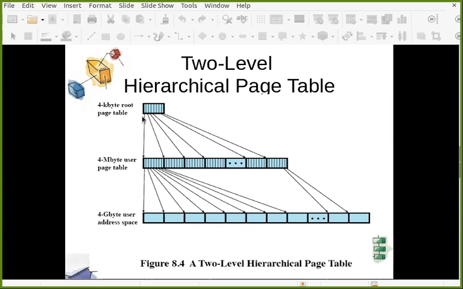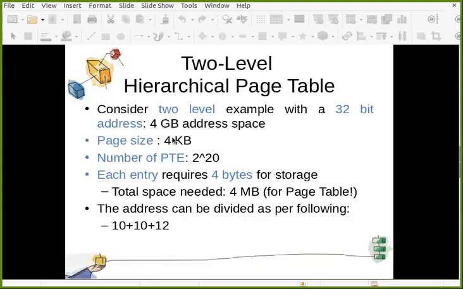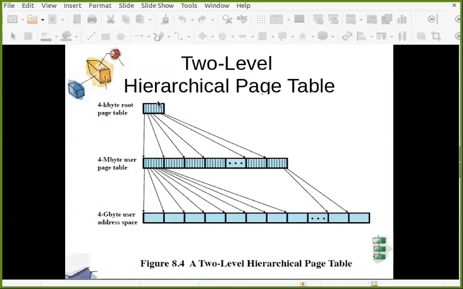And every entry requires 4 bytes. So your page size is 4 kilobyte. So this is one page of 4 kilobyte, and each entry requires 4 bytes. So how many entries can be stored here? 4 kilobyte is the size of the page, and every entry requires 4 bytes.